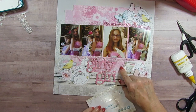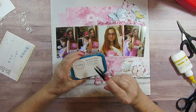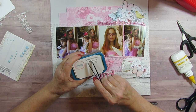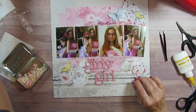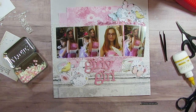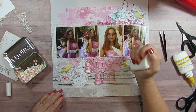Okay. So I have those, and then I actually have some sequins, and they are from Spiegel Mom Scraps, and they're from the spring wedding, and they have little flowers on them, and I'm going to use some of these. They have flowers, and I'll glue one down so you can see what it looks like, and then I'll pause it and put the rest down so you don't have to watch it all, because it'll probably take a while. Okay, so it's gonna get a flower,